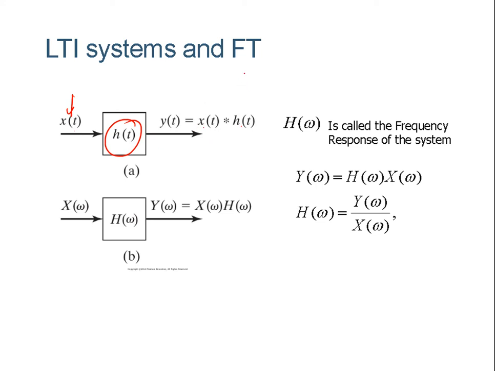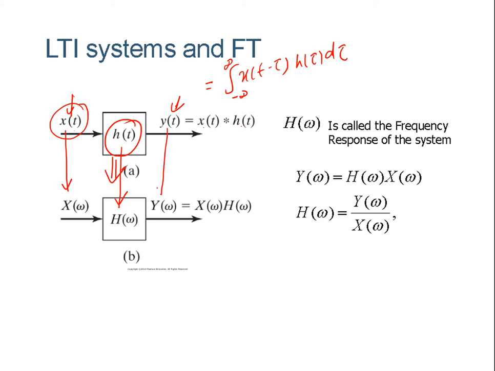By using convolution we can get the system response, the output of the system. The convolution property we have studied. Now if you talk about the frequency domain, you calculate the Fourier transform of the input, of the impulse response, and of the output. What is the convolution property? If they are convolving in the time domain, their Fourier transforms will be multiplying.